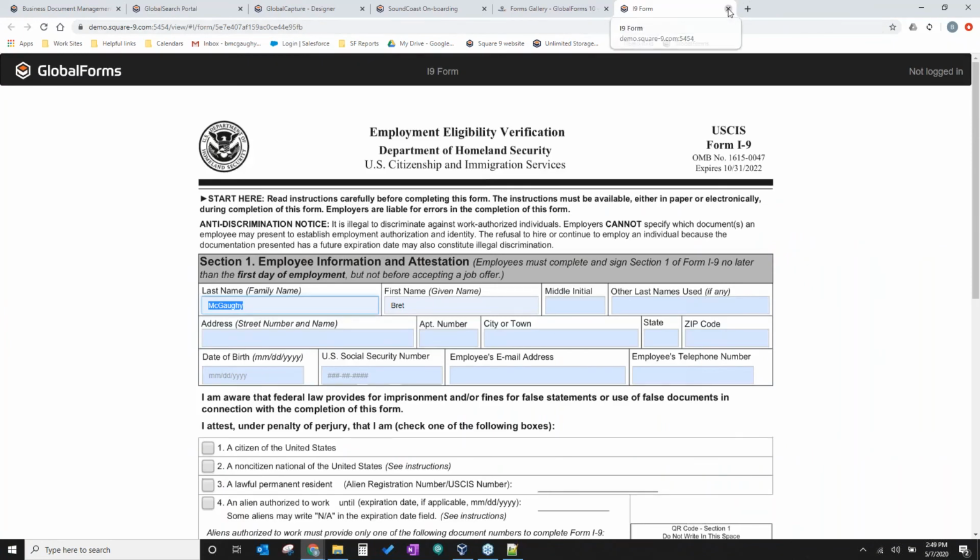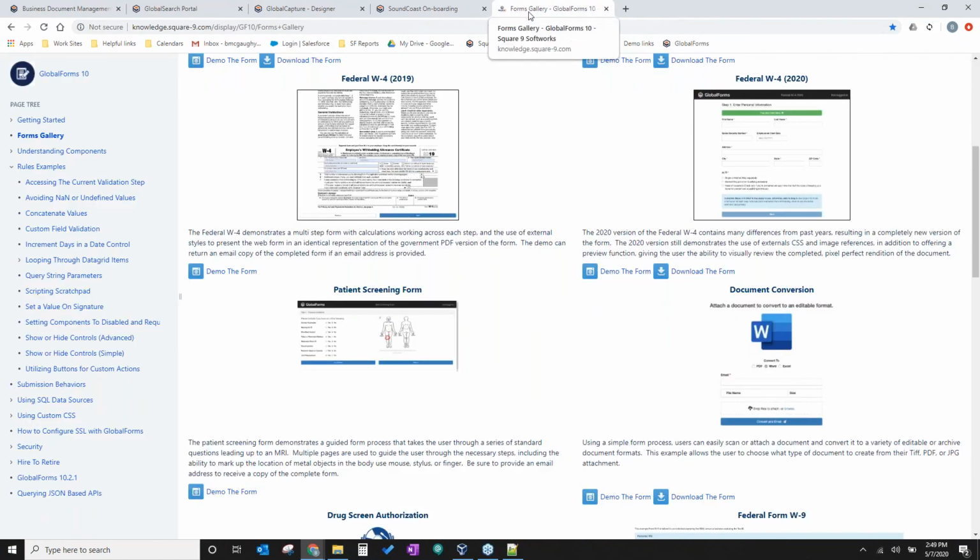And all of these forms, everything that you've looked at today is all web-based. We do have on-premise or cloud options for most of our products. But when I speak about web-based or browser-based, all of our products are accessed through a browser client, which eliminates the need for installing software on every desktop or every laptop that you have.